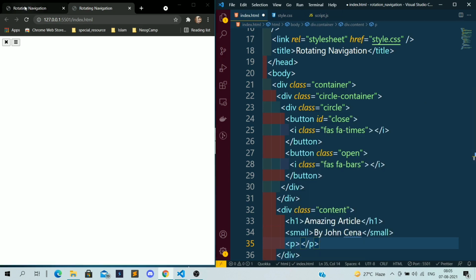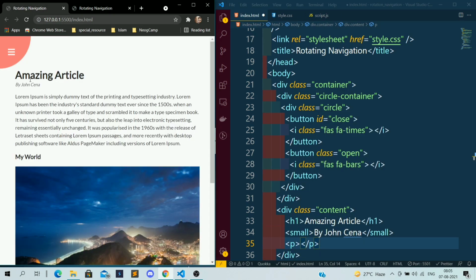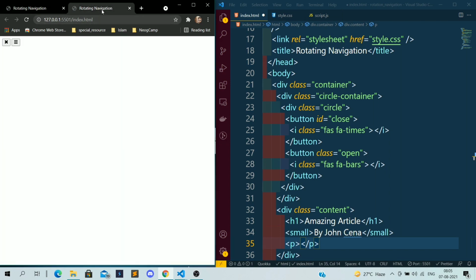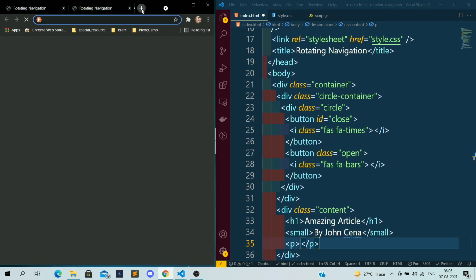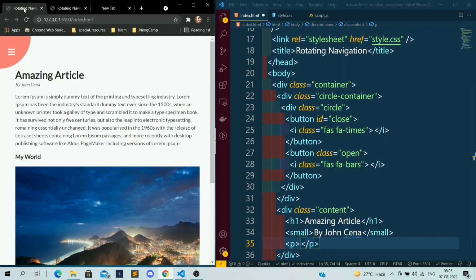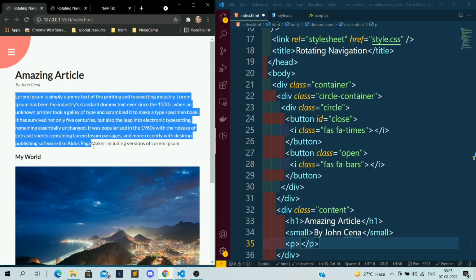After the h1 and the small text, we have this paragraph of lorem ipsum. Instead of typing it, I will copy it from here only. I have copied it.